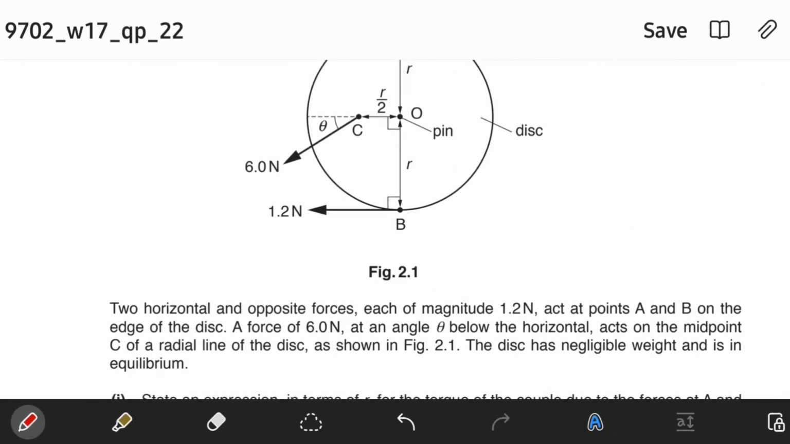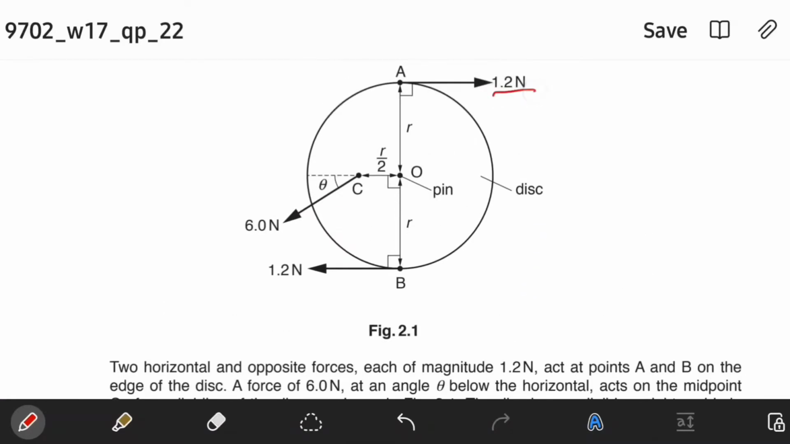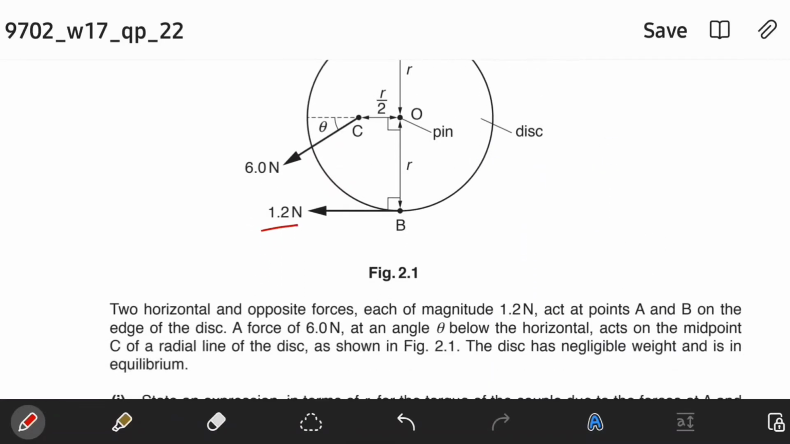And edge of the disk. Okay, so edge on the disk. Oh, on the edge of the disk, right? Here and here. Okay. A force of 6 Newton at an angle theta below the horizontal acts on the midpoint